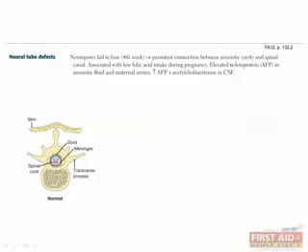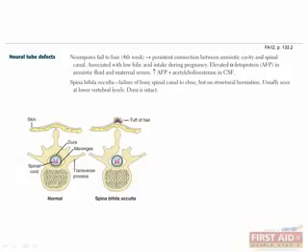There are three types of neural tube defects that you should be familiar with for the step 1, as they are commonly tested. We will compare them to this image of a normally developed spinal cord, which is the far left image. Notice how the spinal cord is enclosed within the meninges and dura, which are then completely enclosed in bone. The first neural tube defect is spina bifida occulta, in which the bony spinal canal does not close around